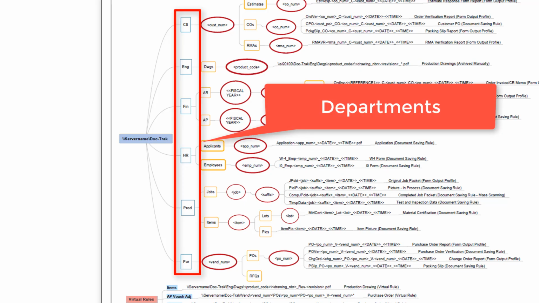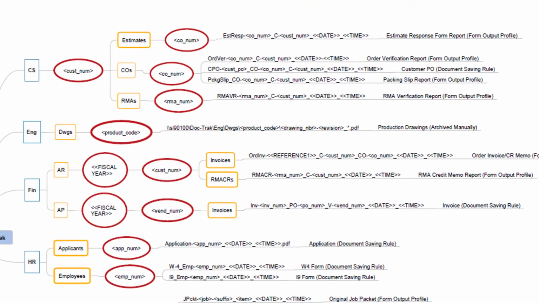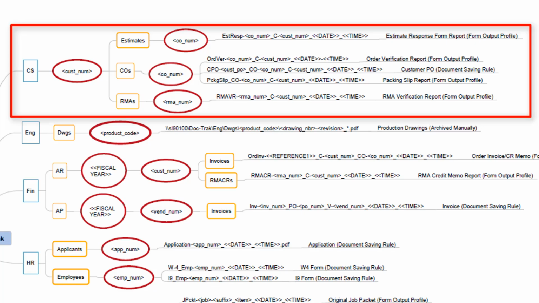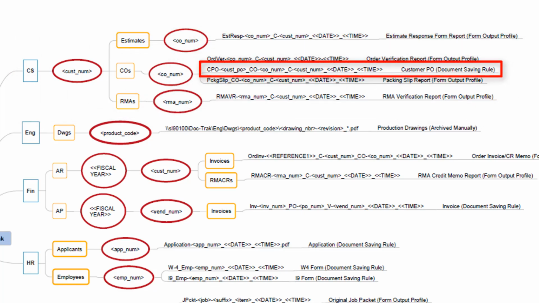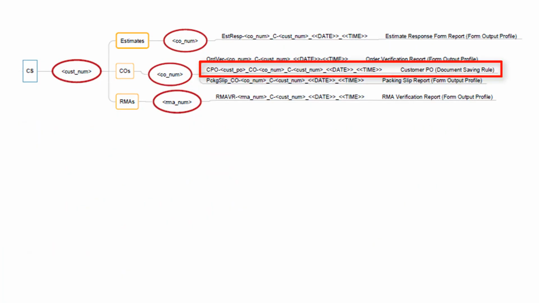In our case, we have customer service, engineering, finance, HR, production, and purchasing. This is the branch of the diagram that represents the customer service department. And here is the customer PO.